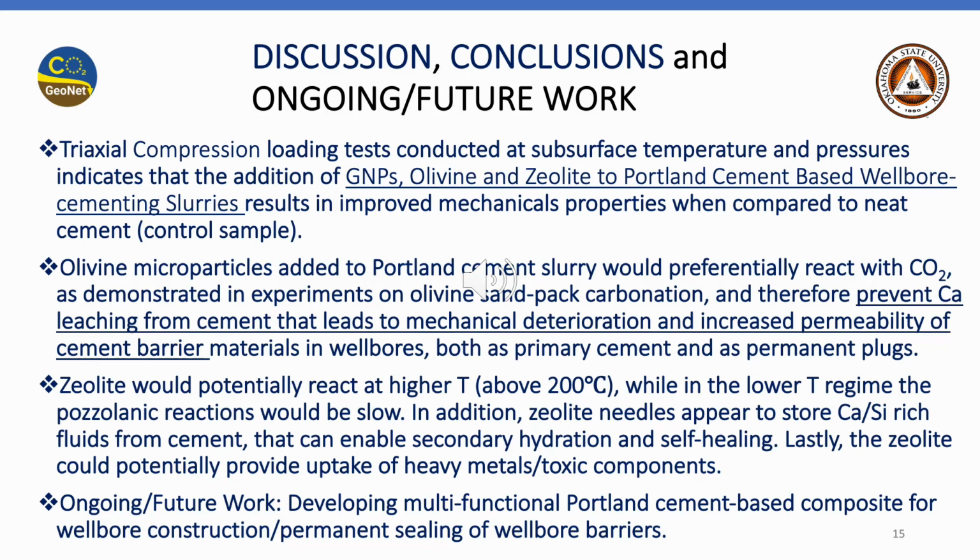and calcium silicate hydrates. The other observation from this study is that zeolite would probably provide pozzolanic reactions at the higher temperatures, but also there is this potential for delayed response should there be any fracturing or invasion of other fluids. It can store some of the cement pore water and provide that towards the self-healing during the potential fracturing. Also, zeolites potentially could be used for uptake of heavy metals and toxic components that can sometimes be discharged over the years when that casing made of very heavy special alloys and heavy metals potentially can be discharged into